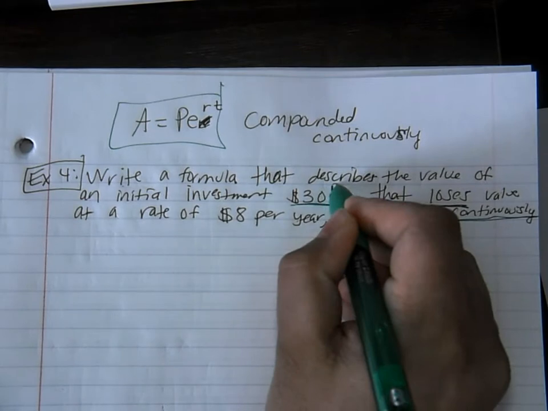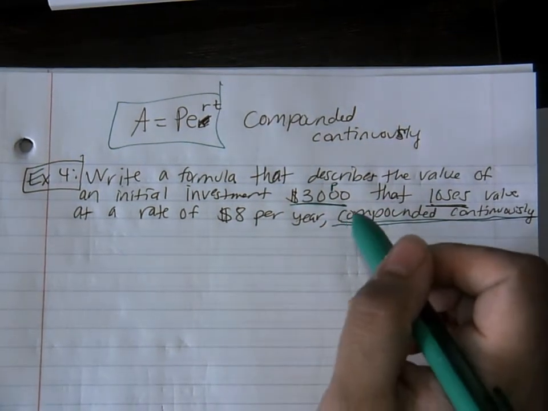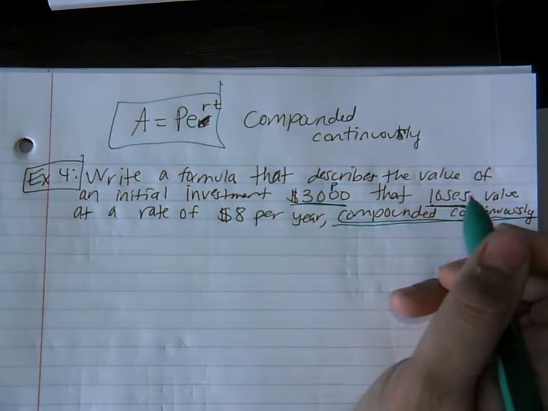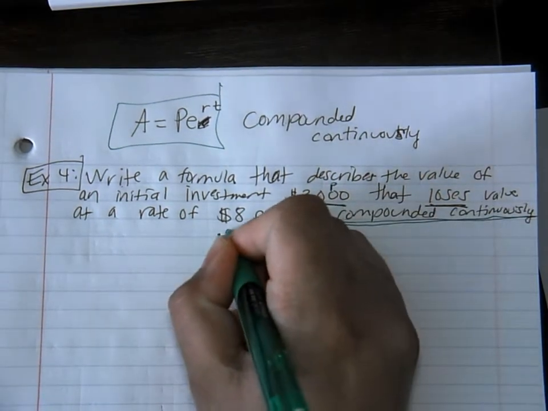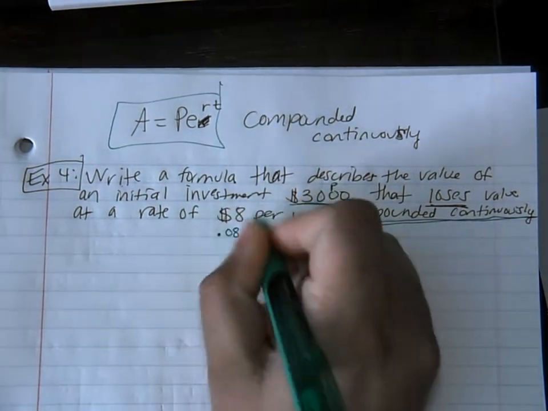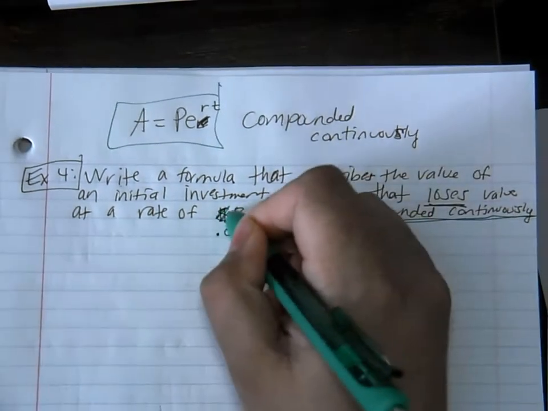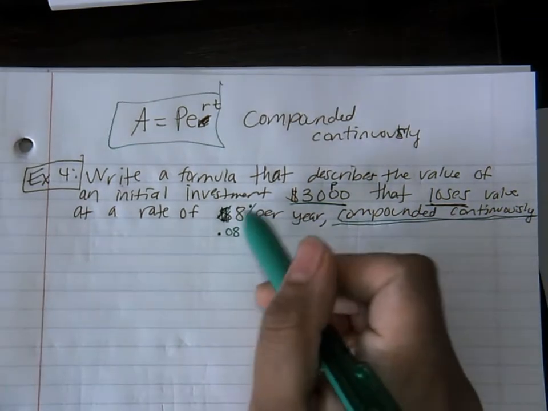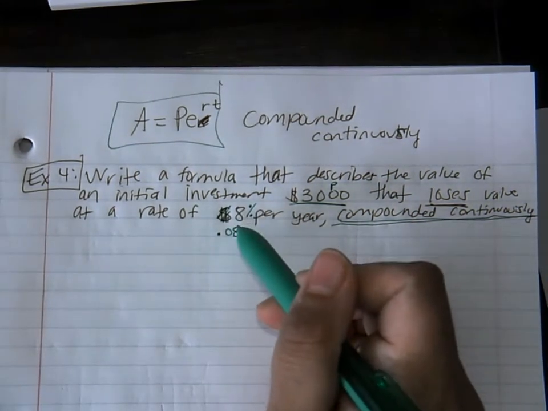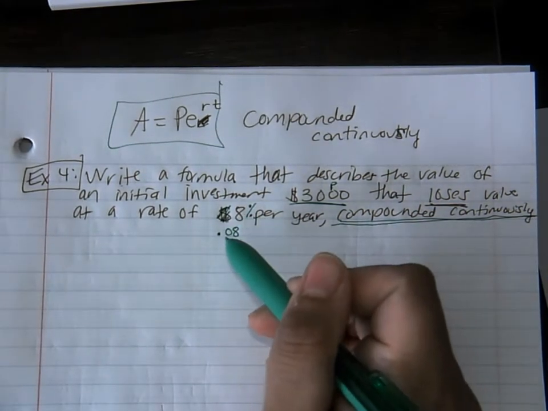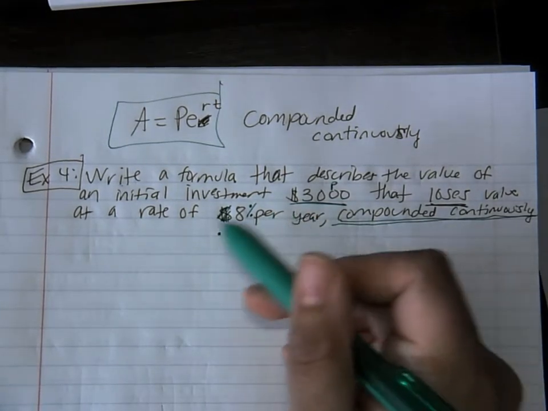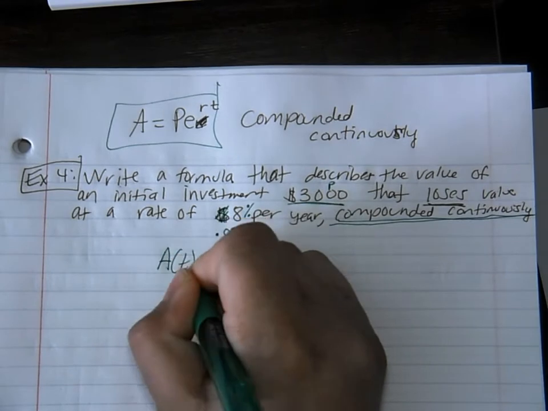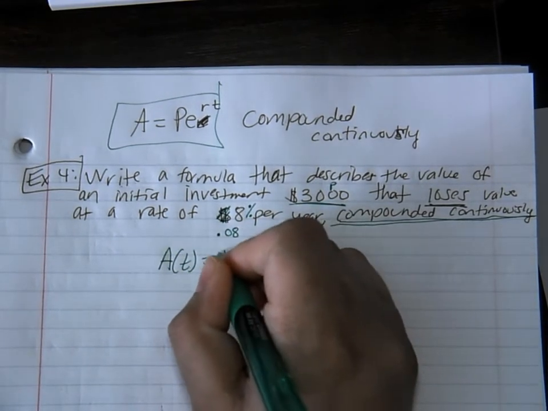P is my initial amount, which is 3,000, the initial investment. e is that same irrational letter we have to use. r would be written as 0.08, because, oops, I wrote this wrong. It's 8% per year, not $8. So anytime you have a percentage given to you, you want to write it as a decimal. And then t, we don't know, but we're going to keep it time. So final answer would be A of t equals 3,000